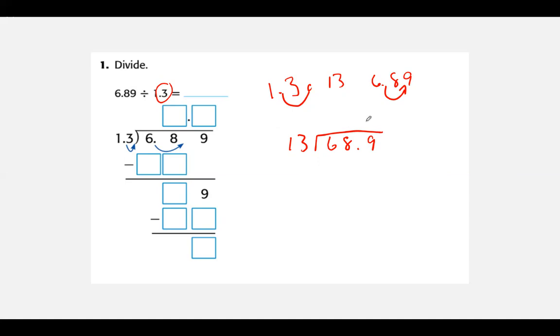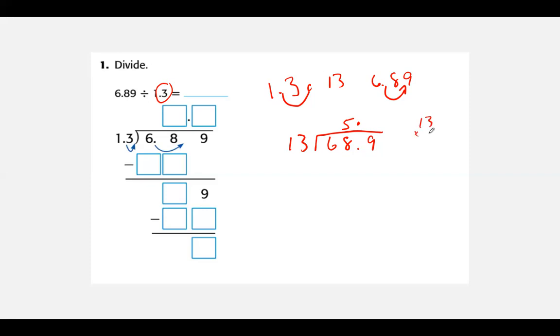So now I move my decimal point right up here. We want to align our decimal points, the same place value, okay? So how many times does 13 go into 68? Well, now we have to do our estimating again here. And I'm going to think, well, it goes in at least 5 times because I've got 10 here and I've got 6 here. So I'm going to guess 5. Now, I may be wrong. It may be 6, but what I do is off to the side,